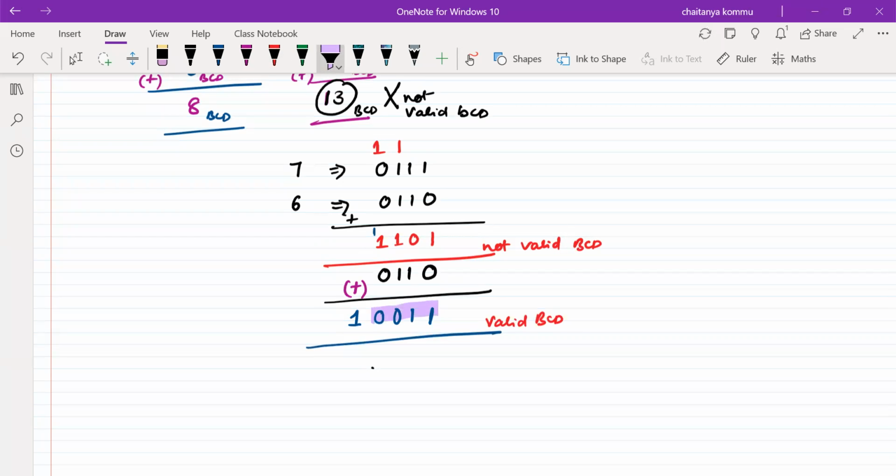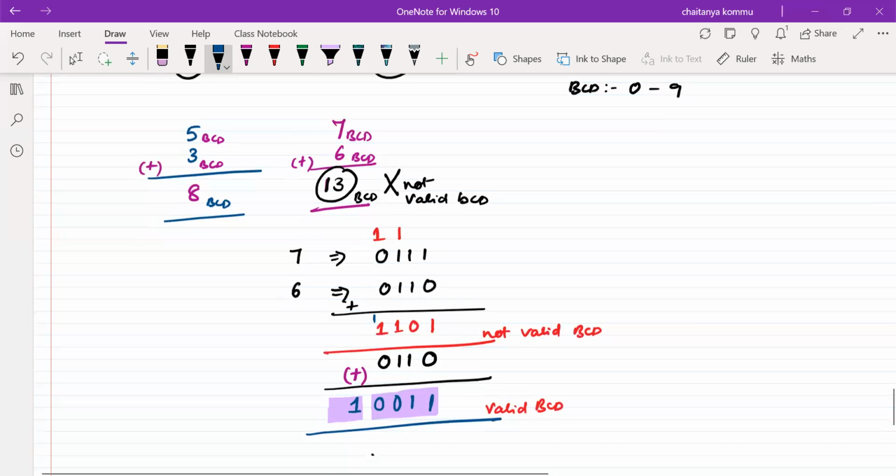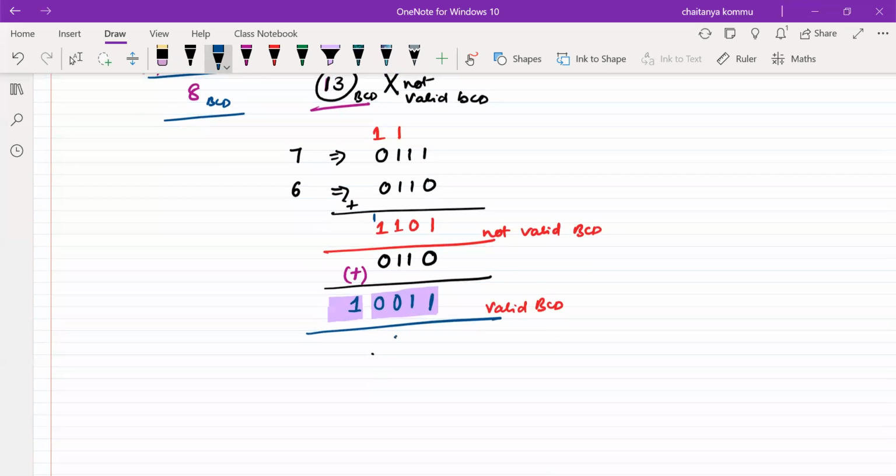These 4 bits I'm going to use for one BCD, and this bit is used for another BCD. So what can I write here? This is 3, and this is 1. 1 means we have to represent it by 3 zeros adjacent to it. It doesn't change the value. Altogether, this is 4 bits. So 1 is a valid BCD number, and 3 is also a valid BCD number. This is how we have to represent this 1.